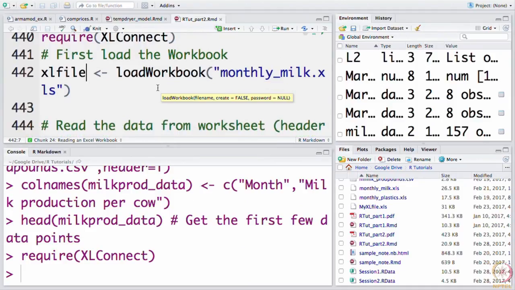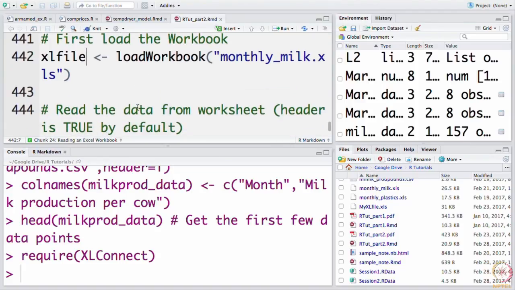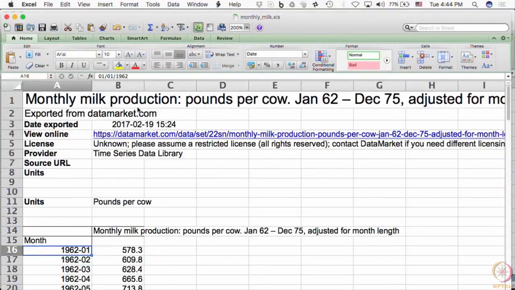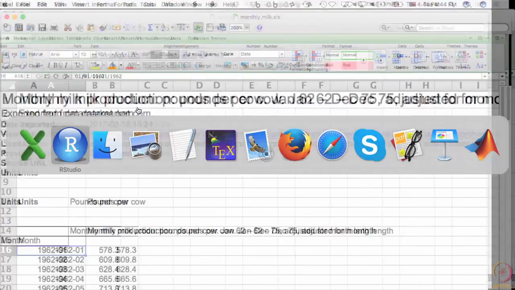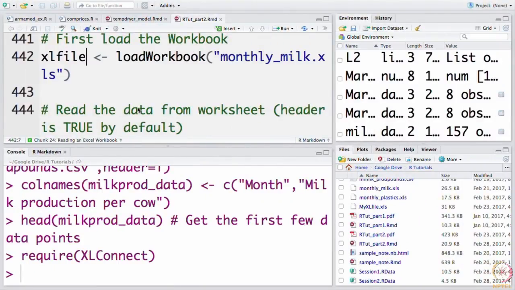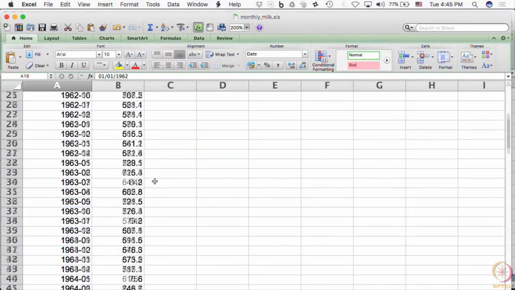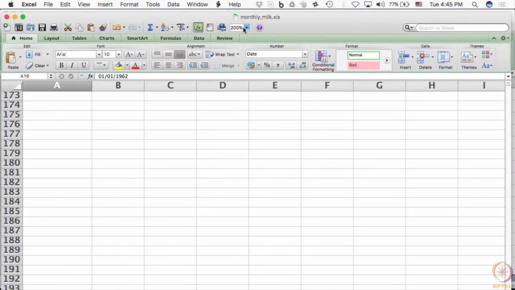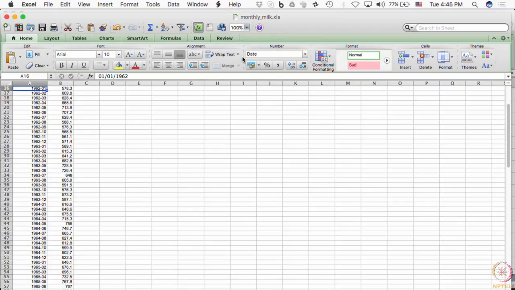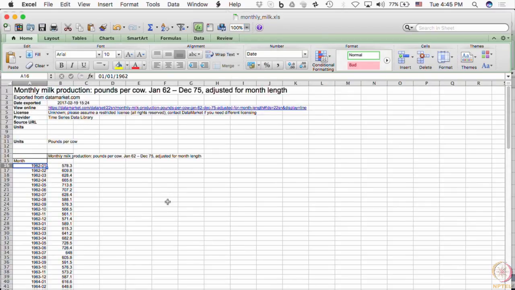The data is not yet loaded, right, only the pointer is loaded, and now we can pick the worksheet. In my case, I have only one worksheet, but typically you may have many worksheets in a single Excel file, and each worksheet has a name. Here, in fact, the name of this worksheet that I have, you may not be able to see it.